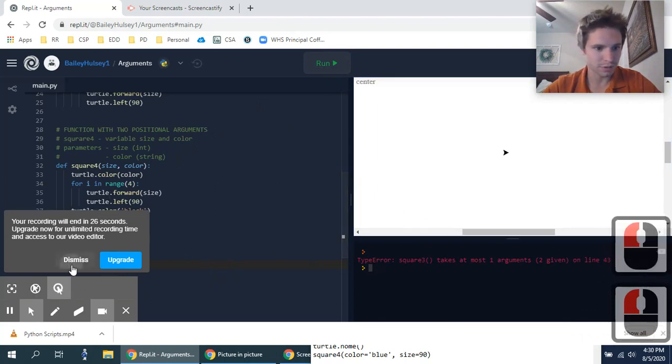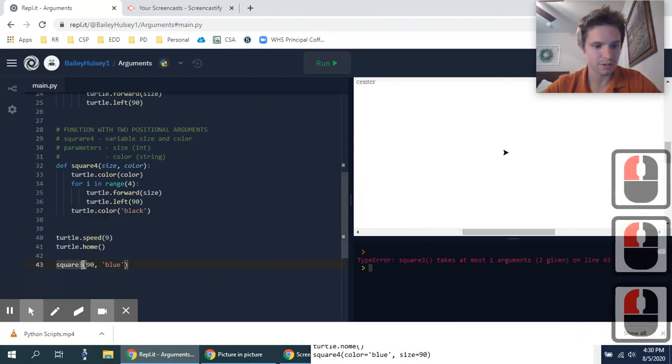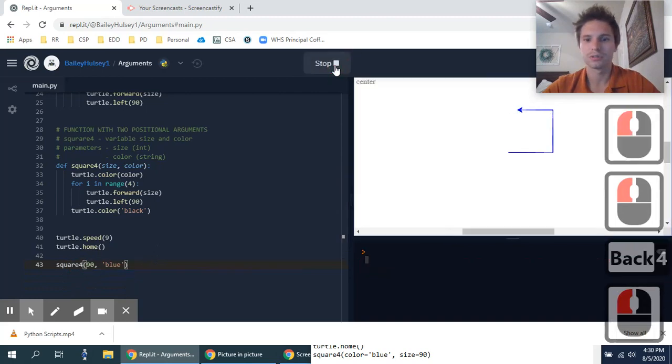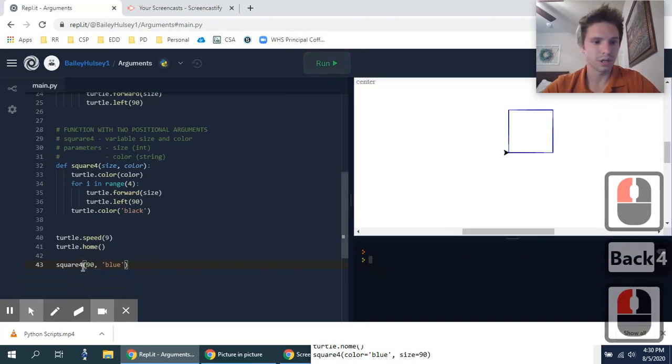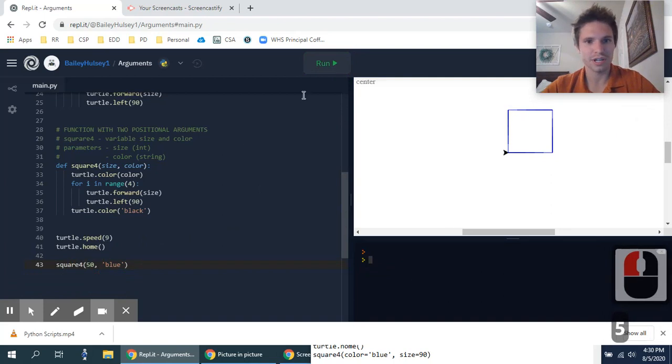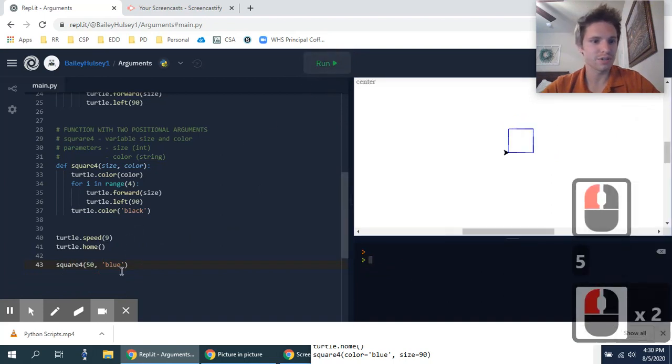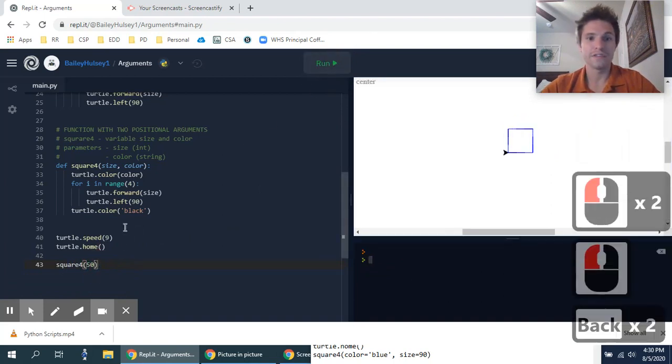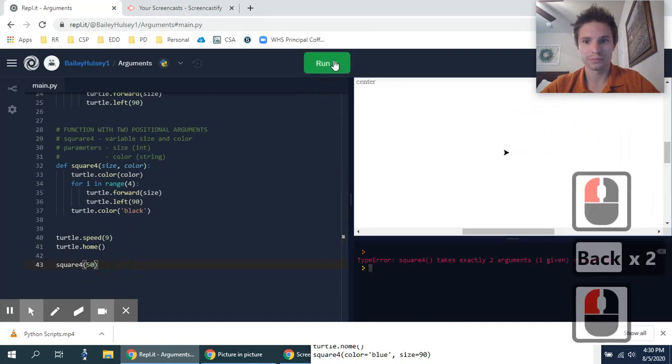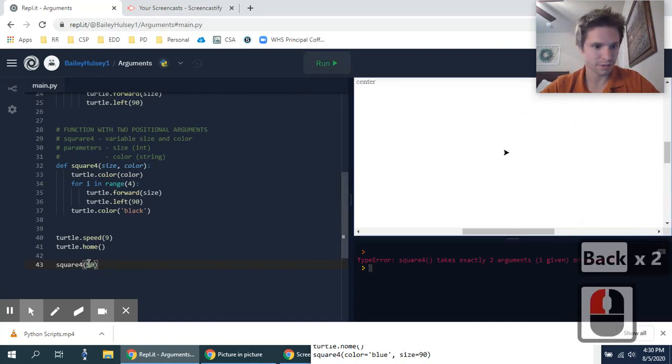So, oops, I'm still using square 3, so let me try to use square 4. There we go, a blue square of that size, and I could change that size. And if you leave either of these off, it's going to get mad at you. And if you switch the order, it'll get mad at you. It takes 2 arguments, and then if I try